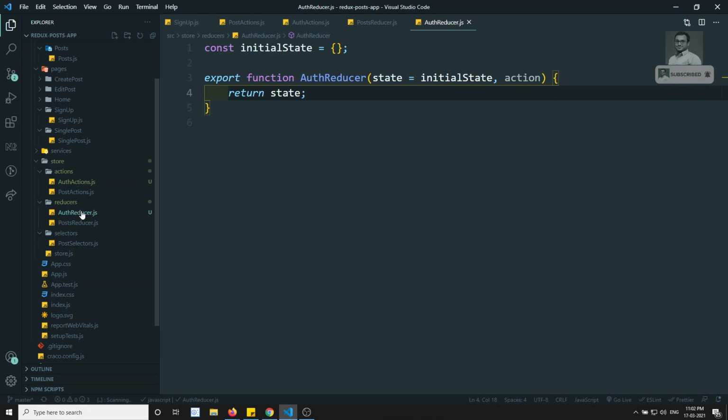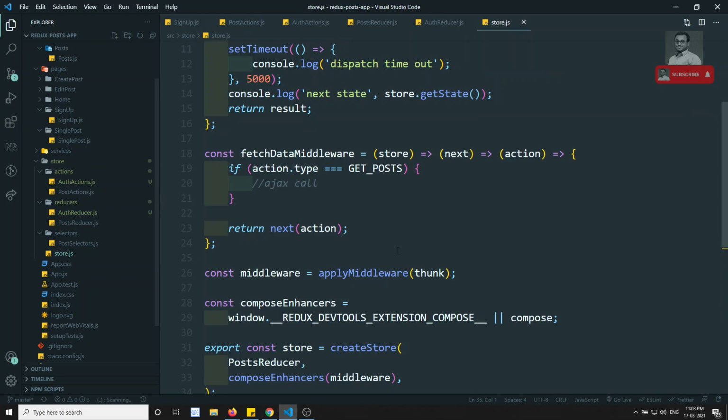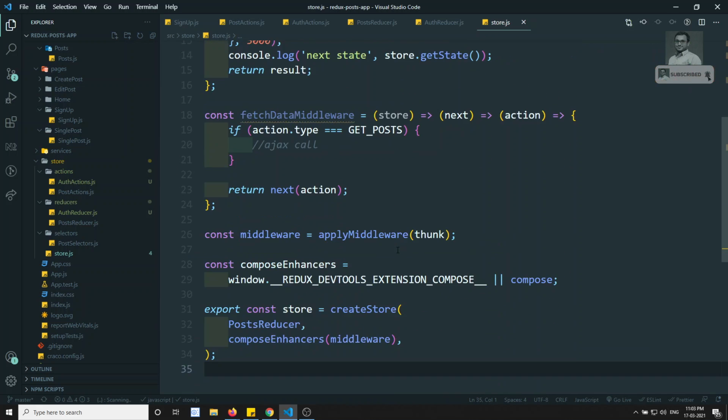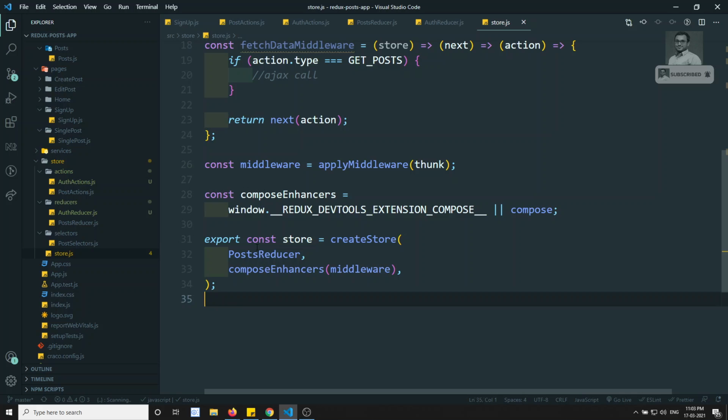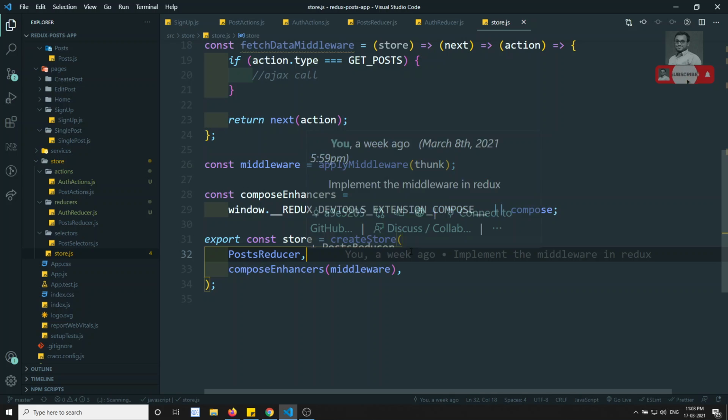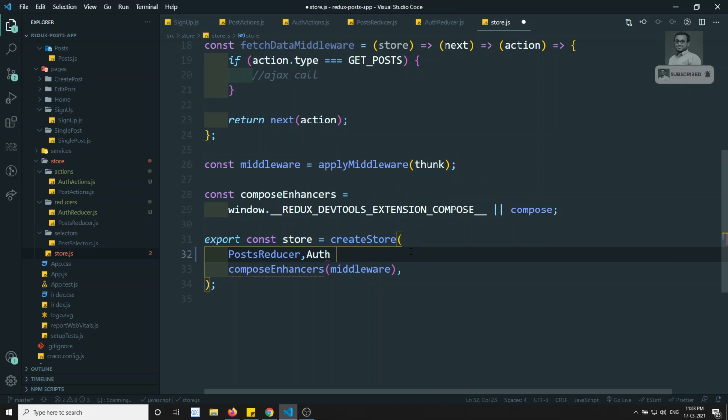Now we need to somehow link this auth reducer to the store. In the store.js, where we have created a store here, in the createStore we are taking only the post reducer. That means we need to add the auth reducer also. We cannot add it directly here, so we need to combine the reducers and give this combined reducer here.